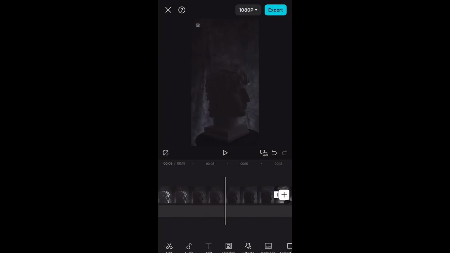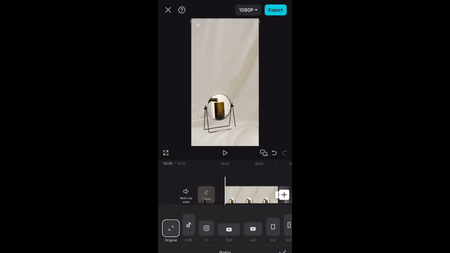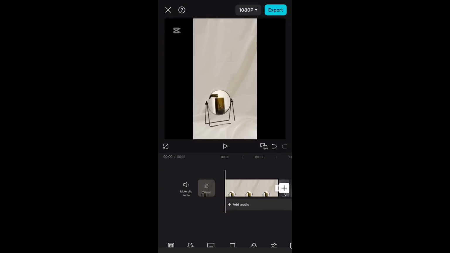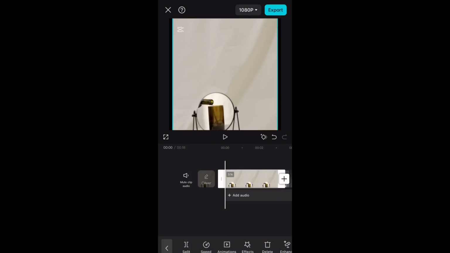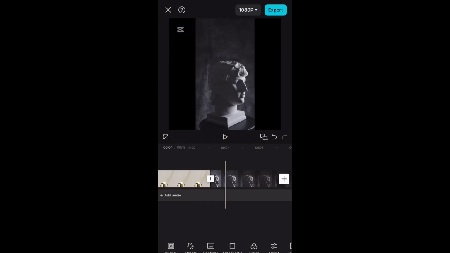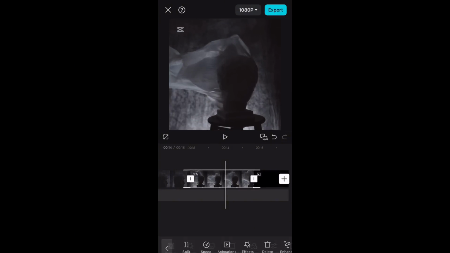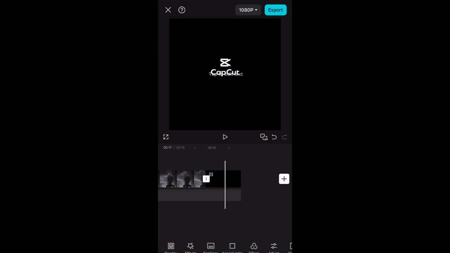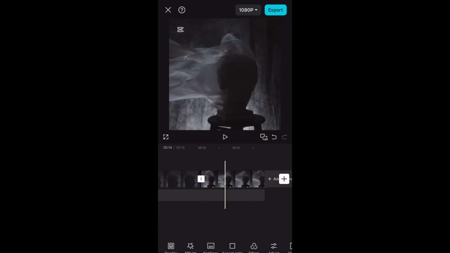And another thing about ratios, when you scroll on the functions here on the bottom, there is this function called aspect ratio. And as we did previously, we choose 1:1. And to scale it, you just take your two fingers and scale it like that. On the phone version, for some reason, CapCut also adds this little watermark at the end, which you can also delete. And you can also use pretty much the same functions on the timeline, like if you want to move